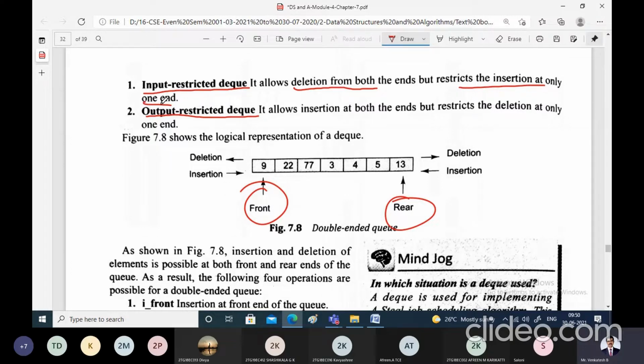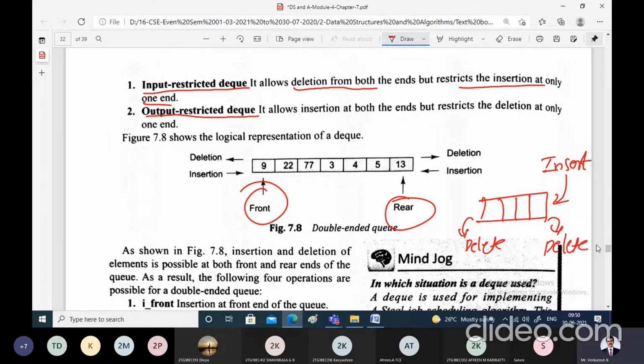For example, if this is a double-ended queue and you are allowing insertion only from one end but deletion from both the ends, delete from this end also and delete from this end also, then it is called input restricted queue.